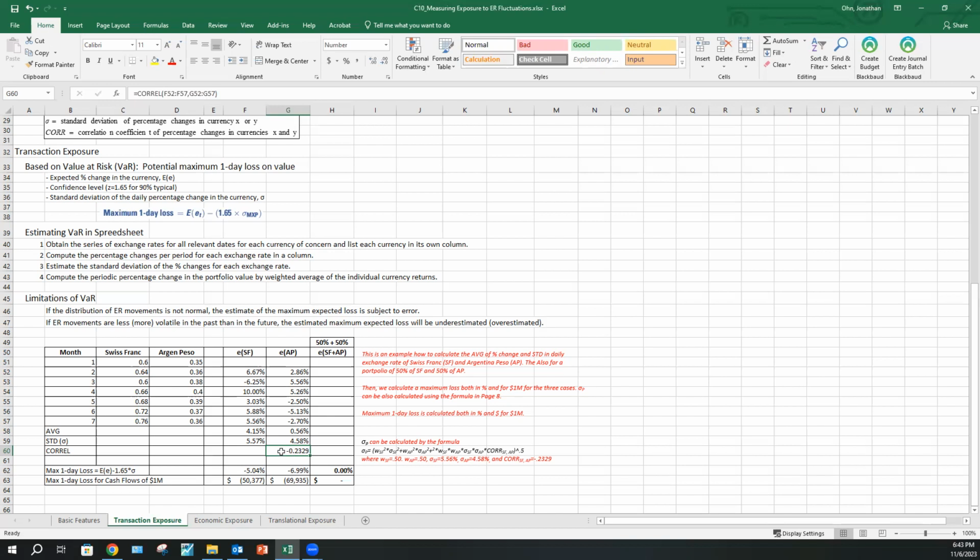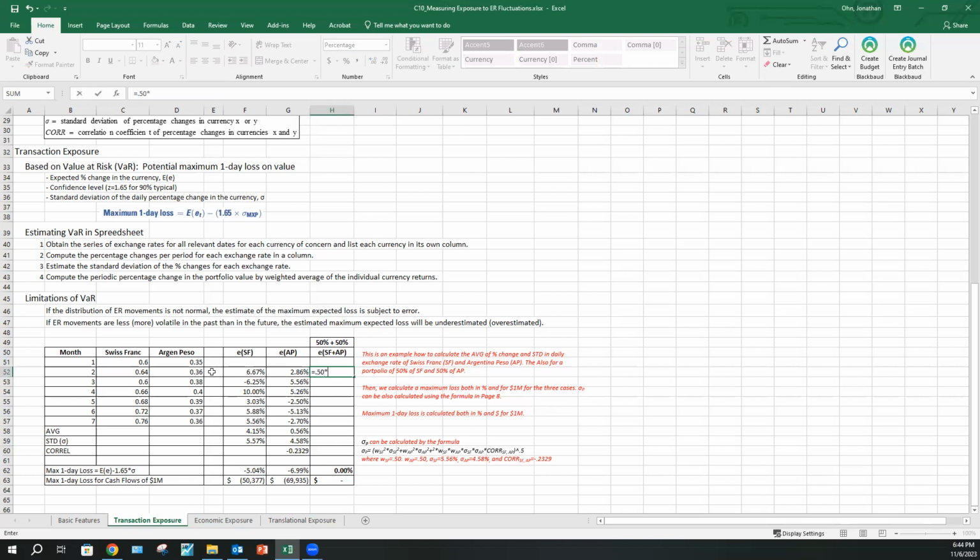Let me prove that. Suppose this company involves 50% Swiss franc transactions and 50% Argentine peso cash flows. Then, if you combine those two, it should be like this: